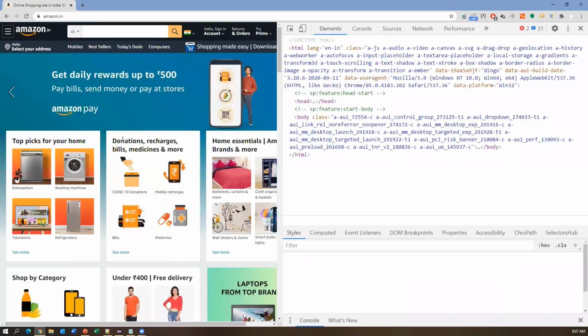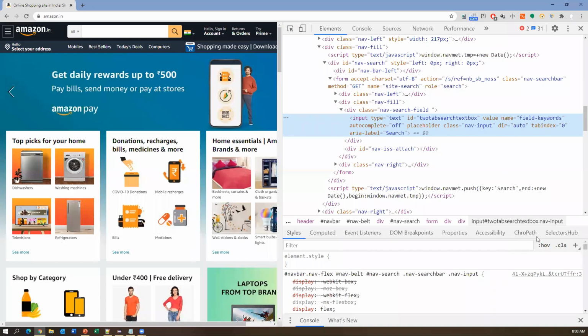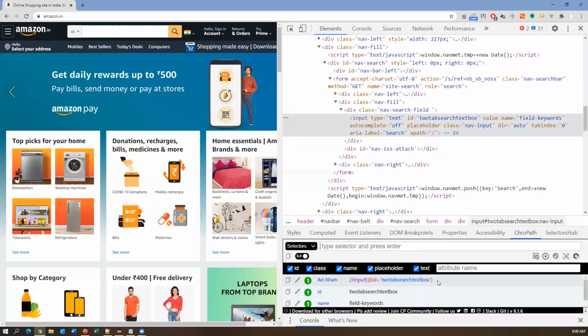Now inspect and go to the XPath, and now we captured some XPath here. Just specify it here and locate the search box. So now this XPath is able to locate the search box. Okay, and from this I want to locate today's deals. Now let us see what following nodes are available.